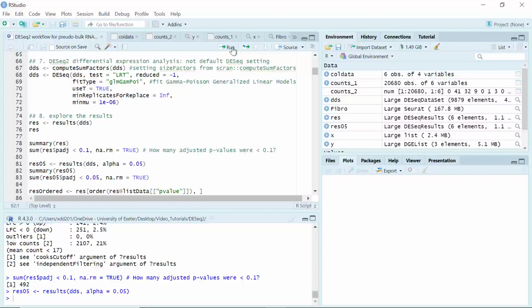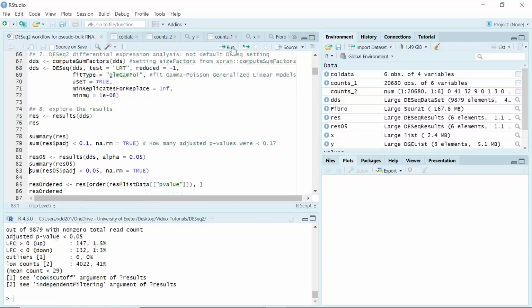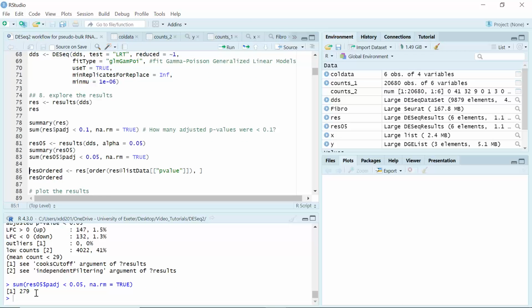If we summarize the new result, you can see now we have 147 genes show upregulation, and 132 genes show downregulation in the IPF fibroblast. If we add the genes together for the adjusted p-value smaller than 0.05, you can see the total number now is